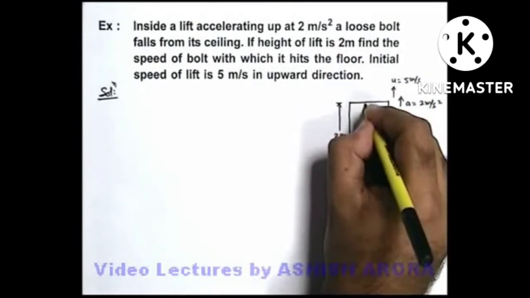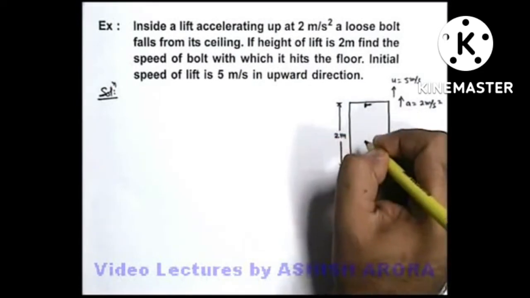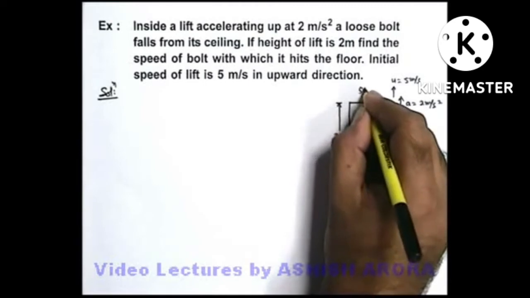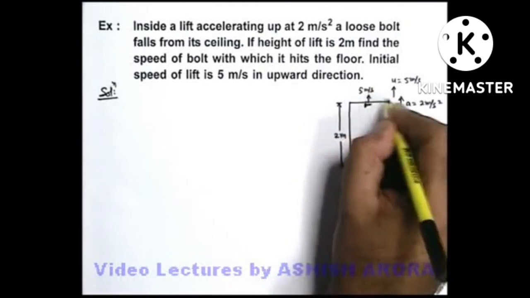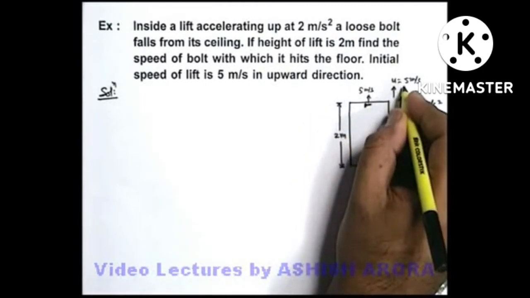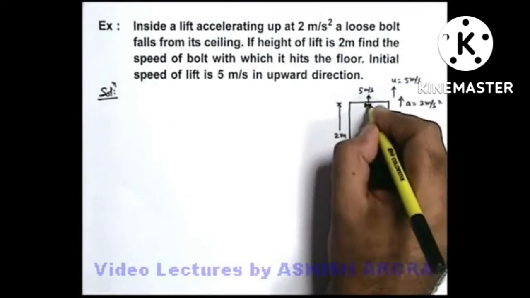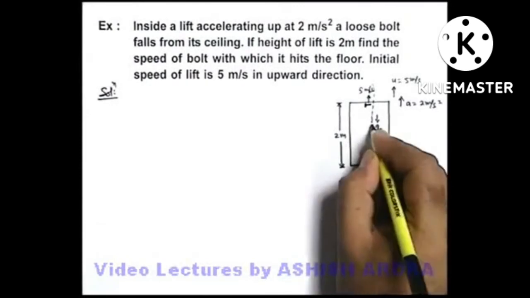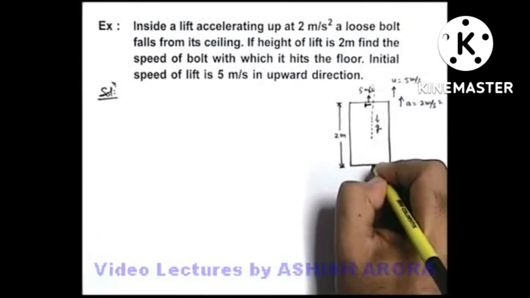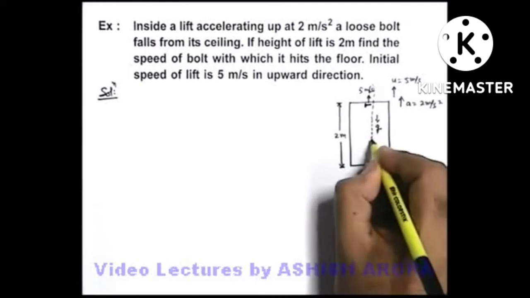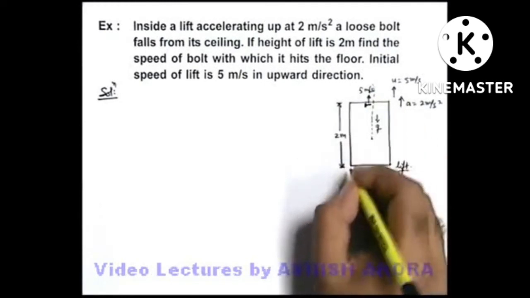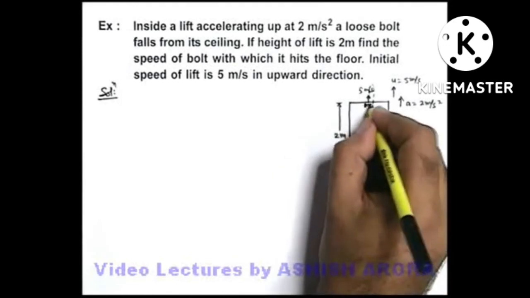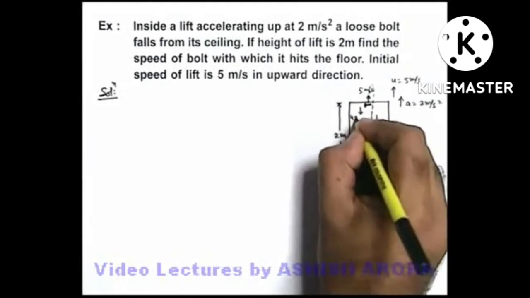We are given that from the ceiling of the lift, a bolt falls. Now, when the bolt is detached from the ceiling, this bolt will also have an initial speed of 5 meters per second because it was attached to the lift, which was moving at 5 meters per second. And after detaching from the lift, it will be in free fall motion where it will have a downward acceleration g. We are required to find the time when it is going to hit the floor. Actually, the lift is moving up also, so it will hit the floor somewhere here. But if the same bolt is observed by an observer who is inside the lift, he will feel that when the bolt is detached, it starts falling freely with initial speed 0.